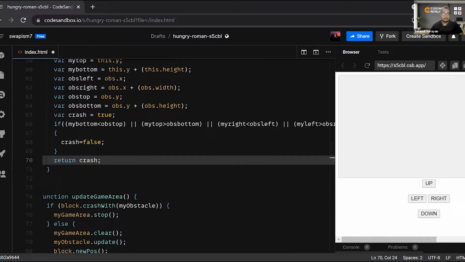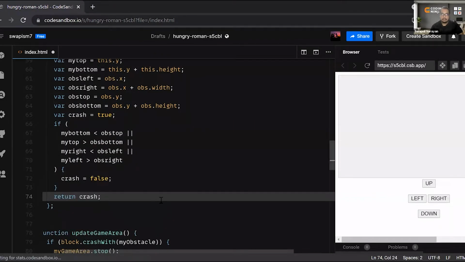Okay, if I save this one, let's say it's going like this and it's crashing. You can see it has stopped over here, right? So that's what I wanted. If I click on right, it will not go right. It has already stopped and the game has also stopped. You can see nothing is working. What have I done? I have cleared the interval. And if I clear the interval, it will stop then and there. The complete game is stopped.